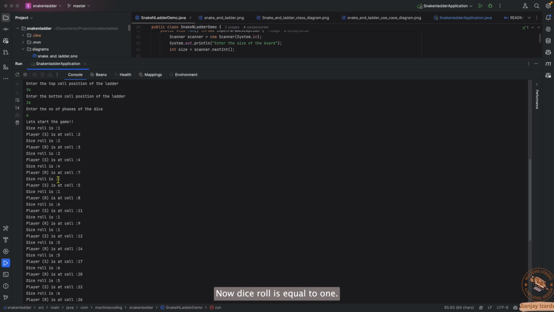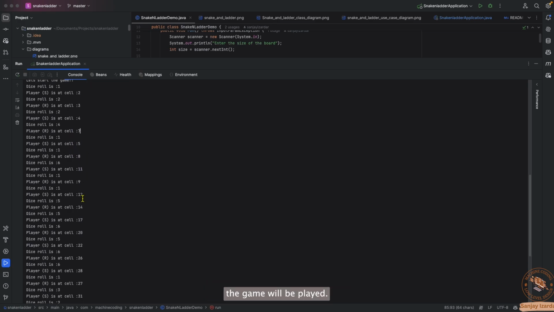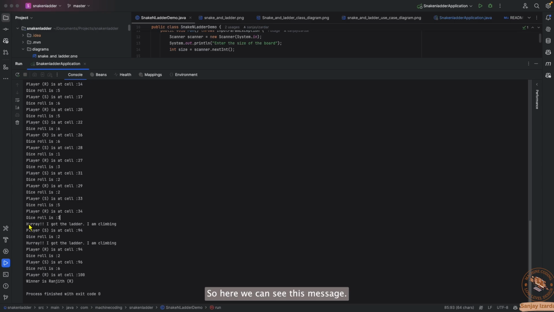Now dice roll is equal to 1. So player S was at position 4. 4 plus 1 equal to 5. Now player R is rolling the dice. So R was at position 7. So 7 plus 1 equal to 8. So in the same way, the game will be played. So here we can see